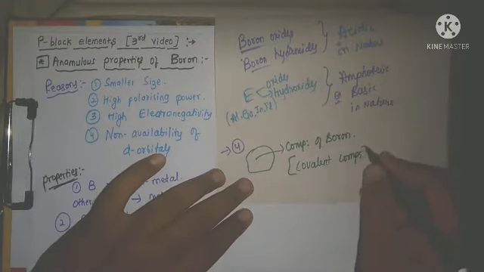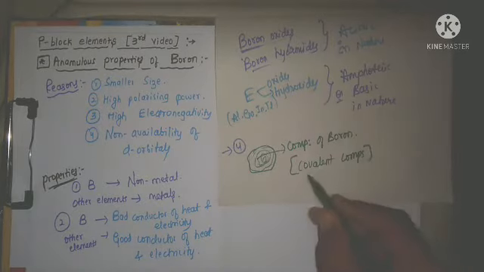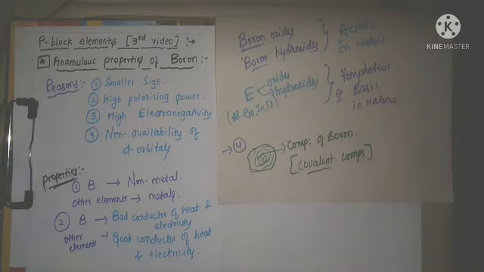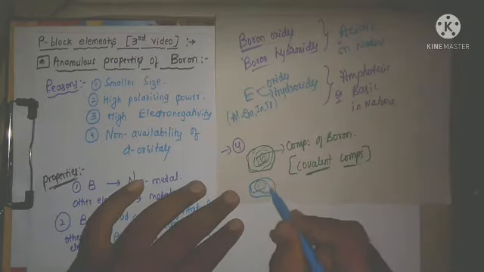If you check the nature, it is a covalent compound. Boron can form only covalent compounds. If you check the compounds of other elements,